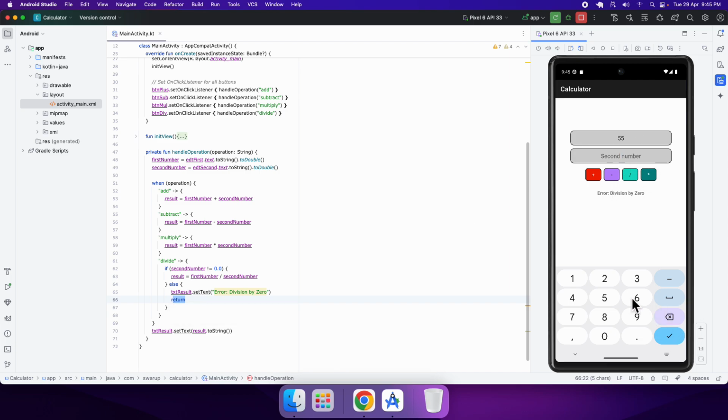Okay, but suppose I give 22 over here, now what? And I'm going to click on the subtract. In that case, the subtract will come over here, that will be forwarded to the operation, and from here it will come right over here. It will pick up both the inputs given over here, and from the operation it will hold subtract, and thus it is like a switch case. So when subtract is true, then whatever input you have given will be subtracted and stored in the result,